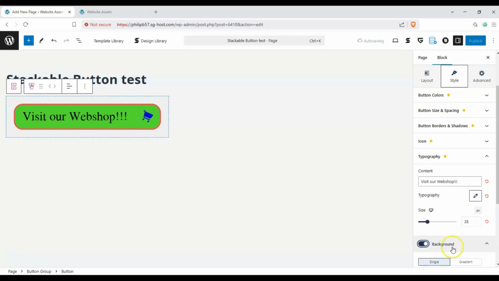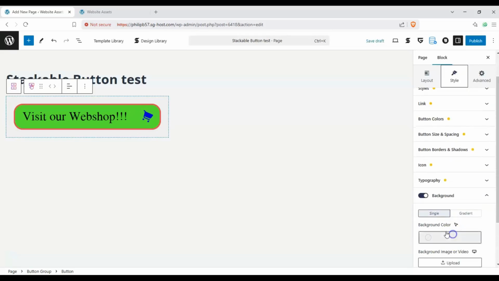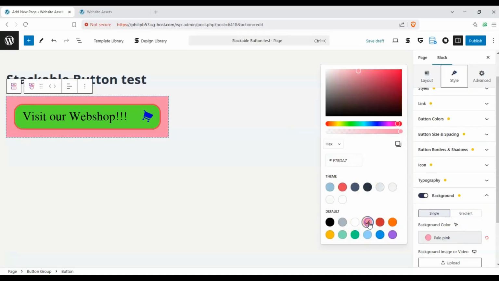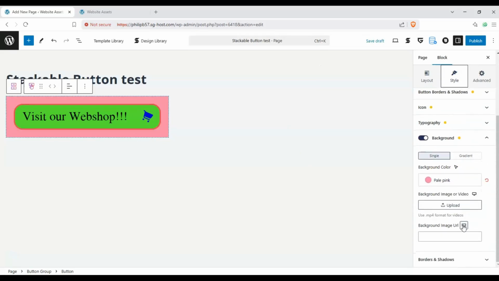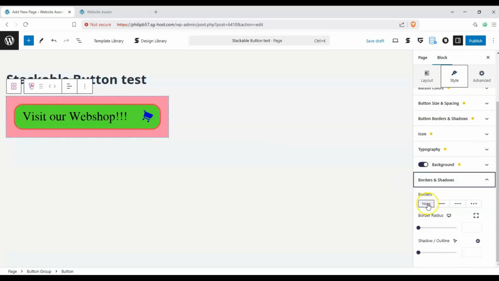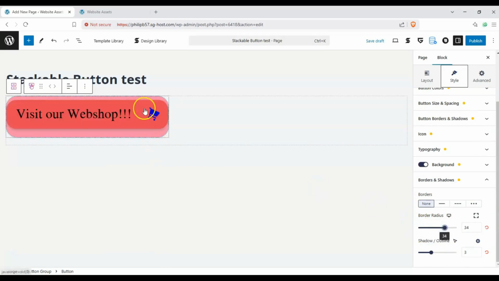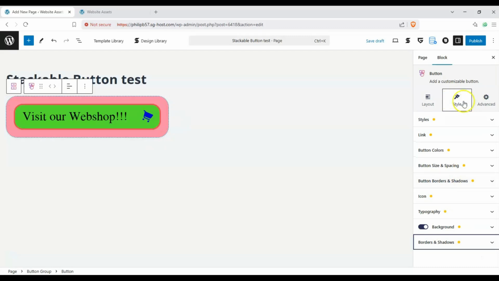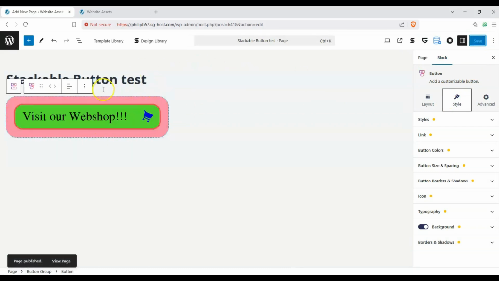We can add a background to it, okay? And, right, to highlight it if you needed to do that. We can also put a shadow, an outline, and put a border radius on the background we just added. So I'm happy with this. Let's go ahead and publish this page to save our work, and let's go and test out our new Stackable